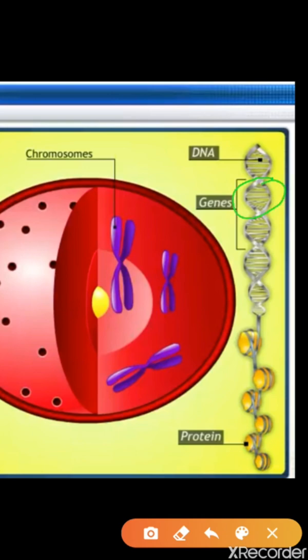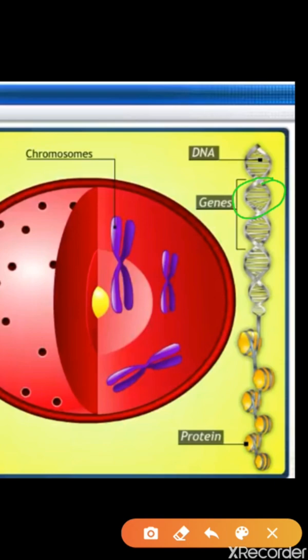Now I want to explain a little bit more about these things. Just like if our body color is black, how do we get that? We get it from our parents. That means one of our parents is maybe black. So this DNA contains that information that your father is black or your mother is black, so you are also black. That means at the time we are born, the DNA already has that information.